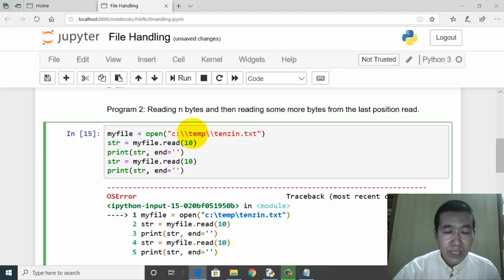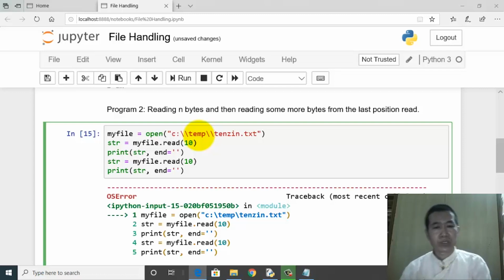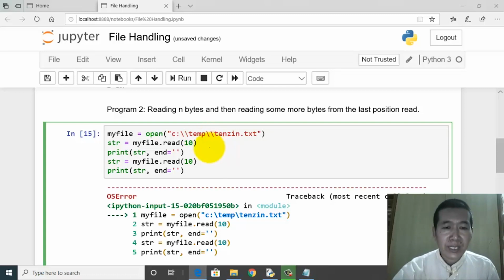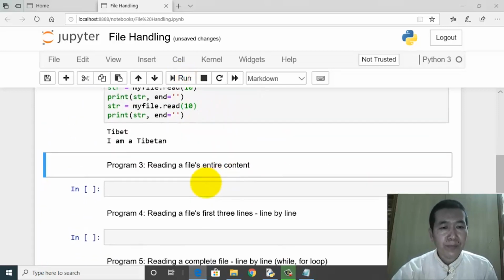So as a result, this particular effect of escape sequence will be suppressed. I hope you understood the reason why we have two slashes. Okay, now let's move on to the next program.